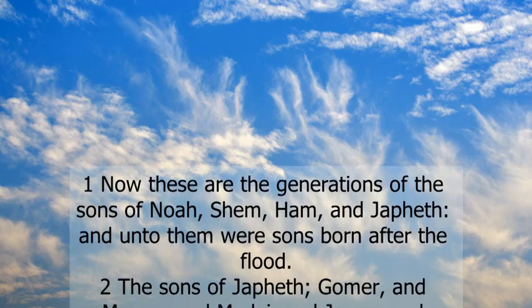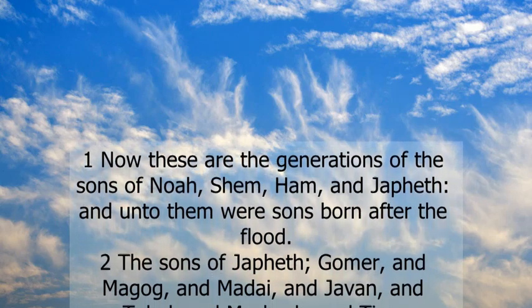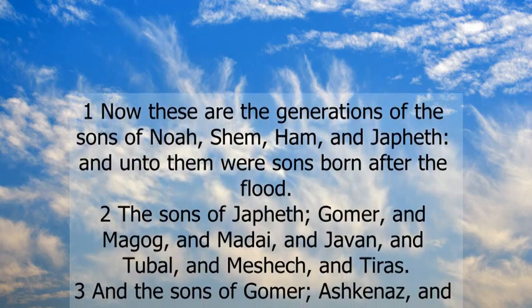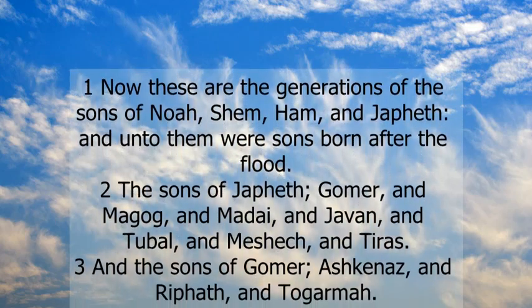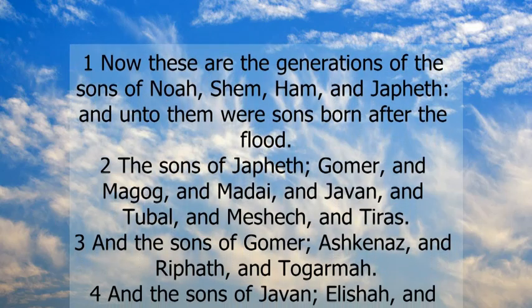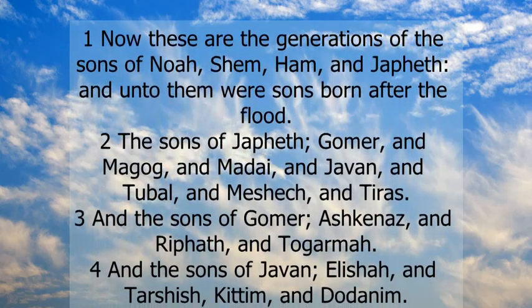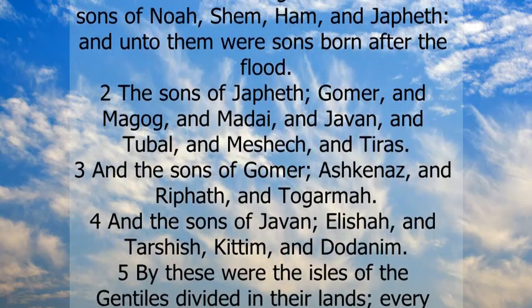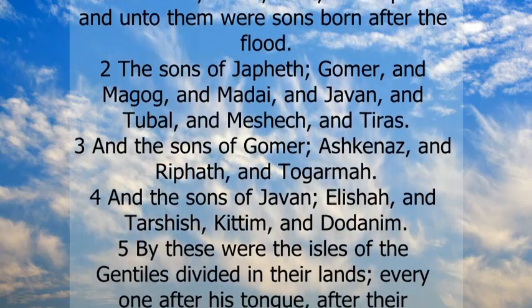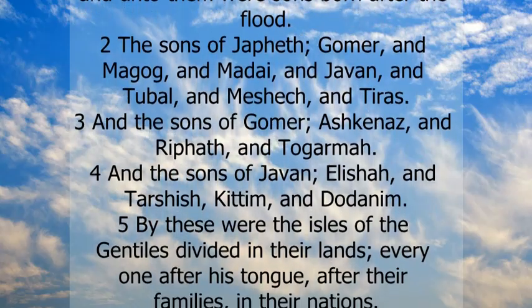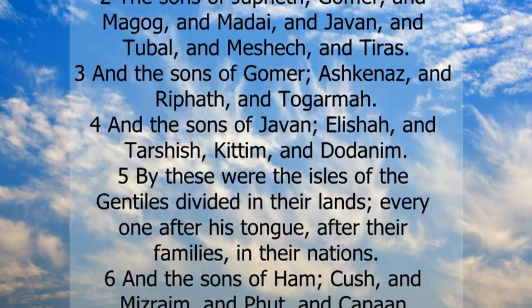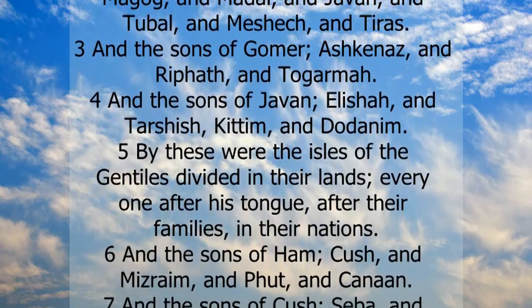after the flood. The sons of Japheth, Gomer, and Magog, and Madai, and Javan, and Tubal, and Meshech, and Tiras. And the sons of Gomer, Ashkenaz, and Riphath, and Togarmah. And the sons of Javan, Elishah, and Tarshish, Kittim, and Dodanim. By these were the isles of the Gentiles divided in their lands, every one after his tongue, after their families,